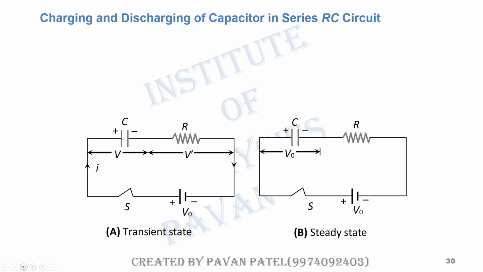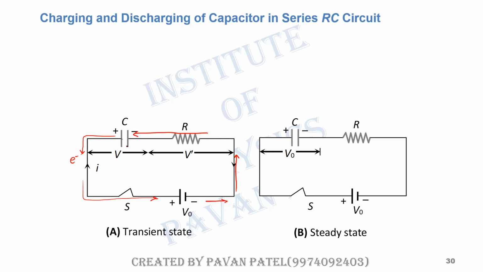Let me use the red pen. Electrons will flow in this direction, and the electron is attracted by the positive terminal of the battery, and that's why this plate will be charged positively. Now electrons will flow from the negative terminal to the other plate,